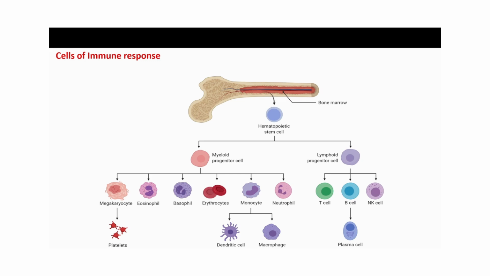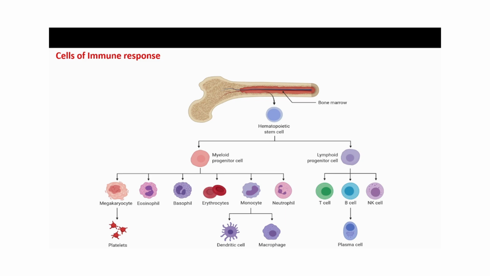So what is the function of plasma B cells? They can give rise to the production of antibodies. Next is natural killer cells. They are killer cells which can kill cells infected with a virus. Coming to the myeloid progenitor cell,